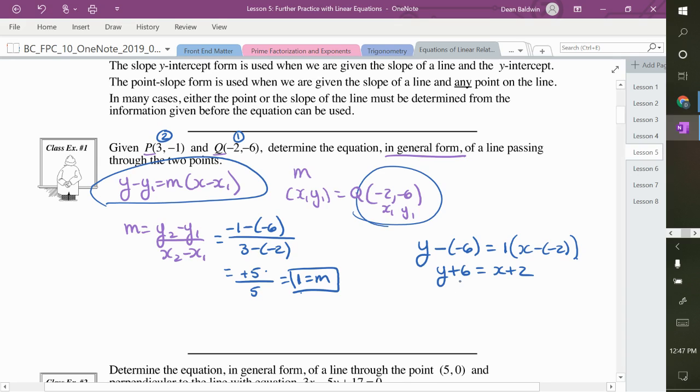So mx plus b is, I get everything to one side, so it's y equals, right? This is mx plus b. So if I move the 6 over,